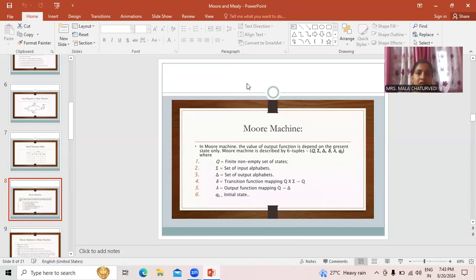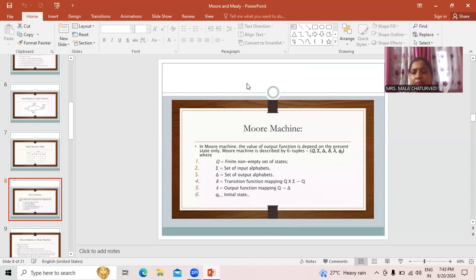In a Moore machine, the value of the output function is dependent on the present state only. Means the output function is directly dependent on the state and gives the output alphabets,